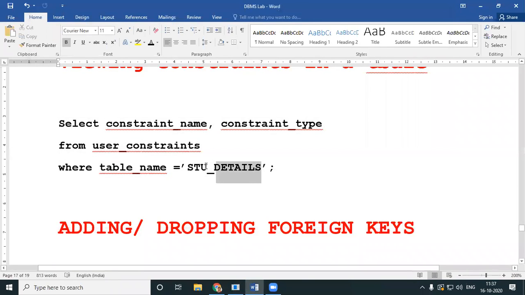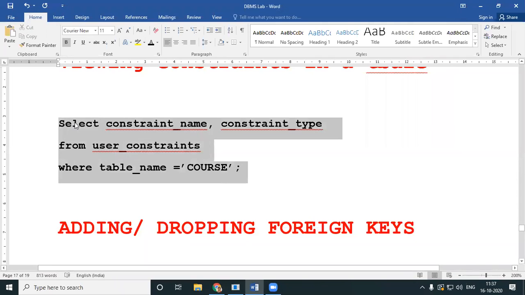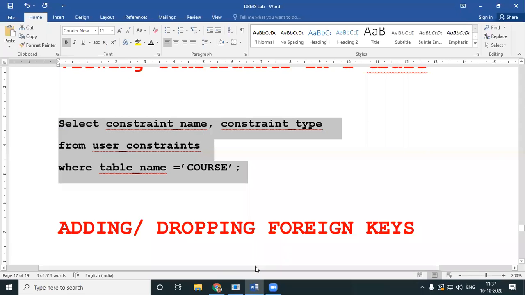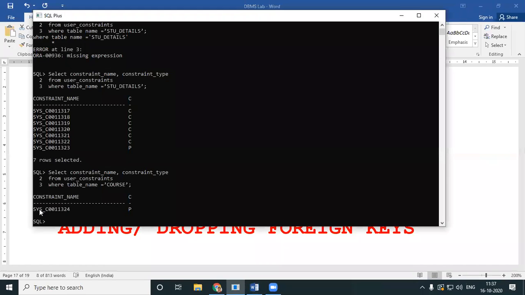Similarly, I can even find out the various constraints in my course table. In my course table, I just have only a primary key.